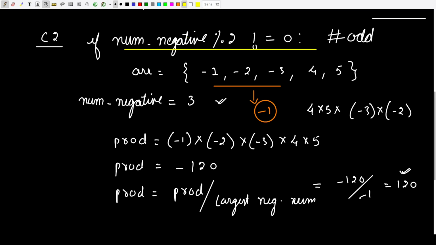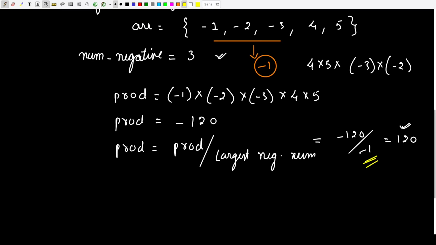And what we are going to do is divide that negative product by a negative number, which we have done in this case, a negative number. And that negative number, we wanted to take the largest one so that our product is maximum. So let us write down